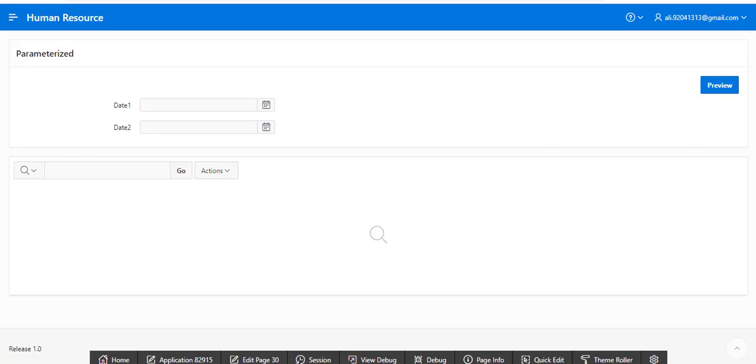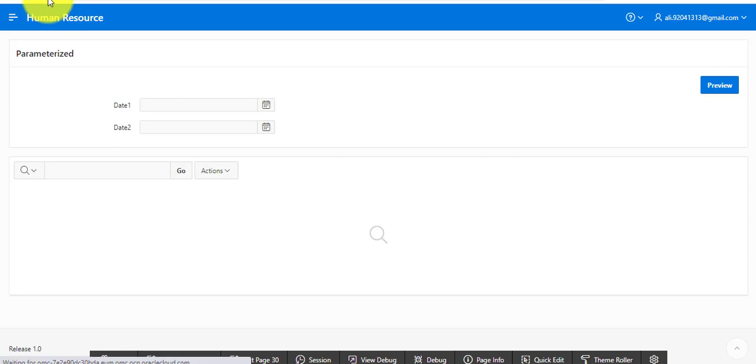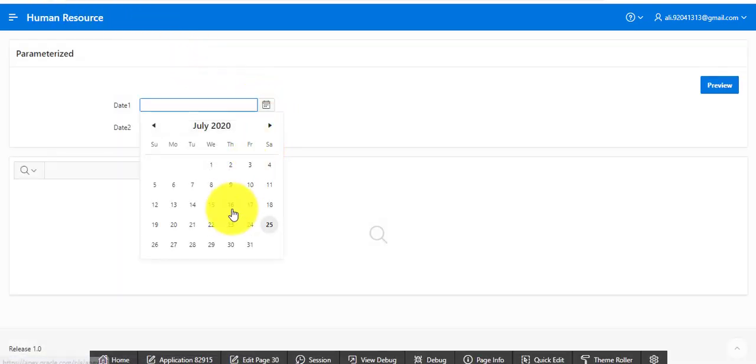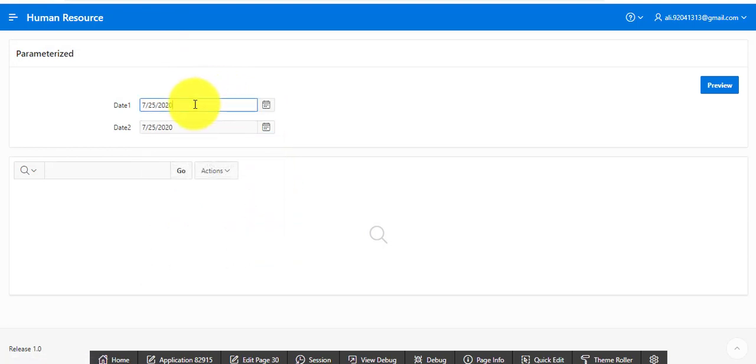So guys, now our report is ready. Now I'm running this report with the provided parameters, 25, 25. I'm providing this parameter because I have data in this range.